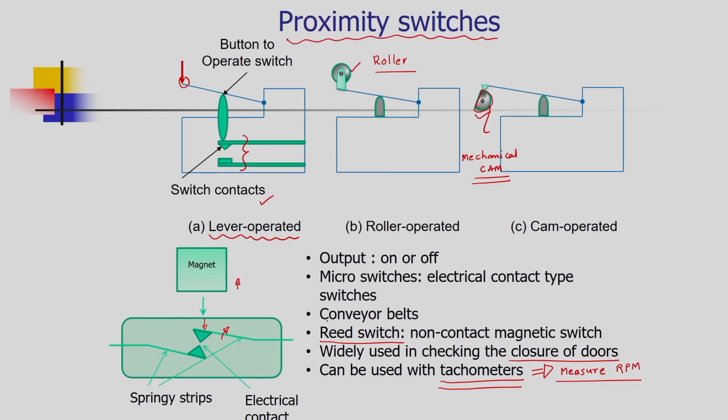Electrical proximity switches are used in the conveyor belt. When we want to achieve automatic control of movement of the conveyor belt, the automatic switch on and switch off of the conveyor belt, we can use them. If an object is put on the conveyor belt, then there is a depression of the conveyor belt. If we have a switch beneath it, that belt will move in a downward direction, and that may switch on, either by using a lever operated or a roller operated configuration, and that signal will be given to the required drive, which will drive the conveyor.